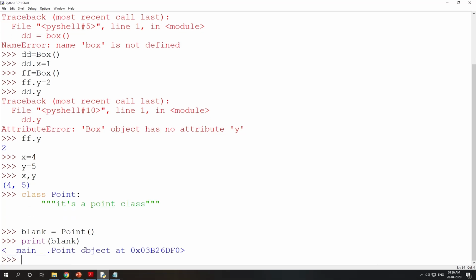Say it is an object at this address. So whenever you are creating an object and printing it, it shows you the address of that object. Okay, so it's an object of the Point class. Okay, now